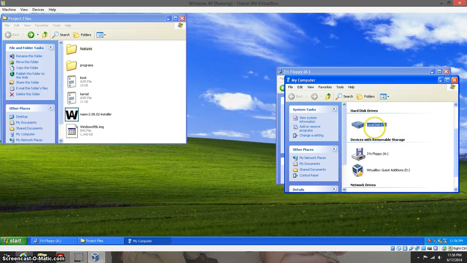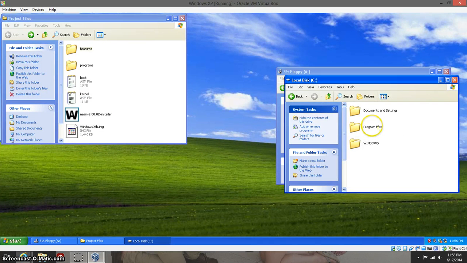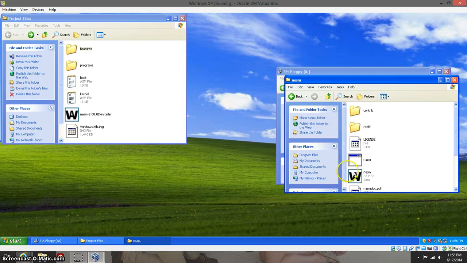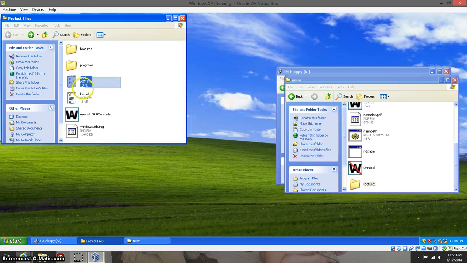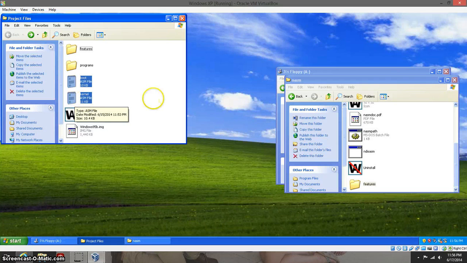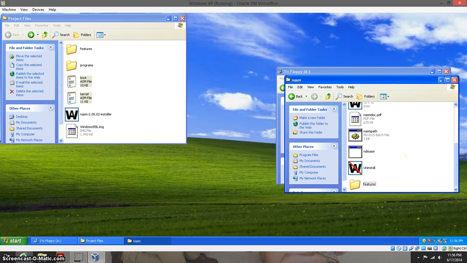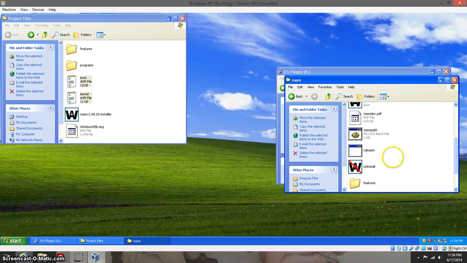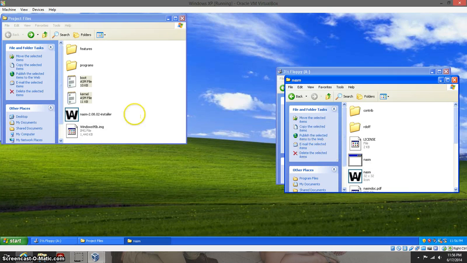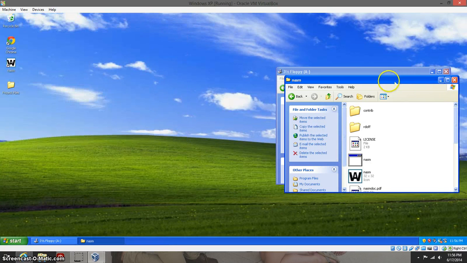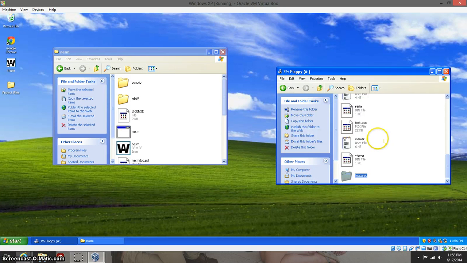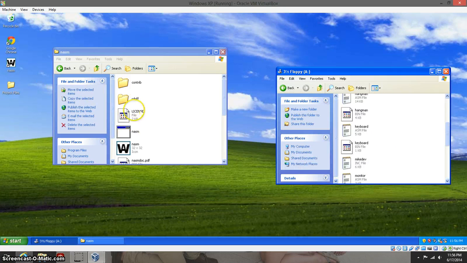I'm going to go into the NASM directory, so C Program Files, and then scroll down to NASM. I'm going to paste the Features folder also in my NASM directory, and also the boot.asm file and the kernel.asm file over into my NASM directory. So now that we have that complete, we can go ahead and open up